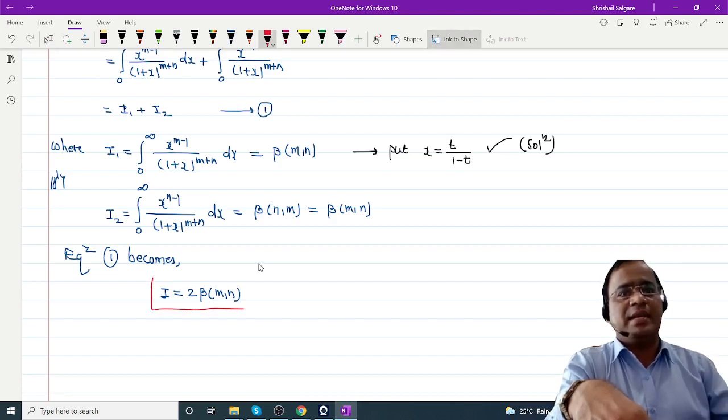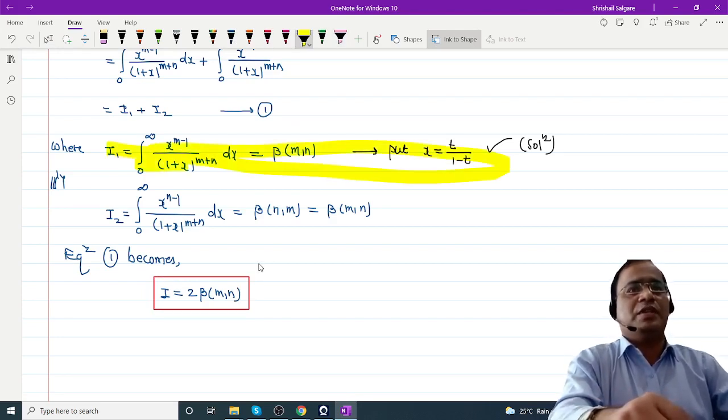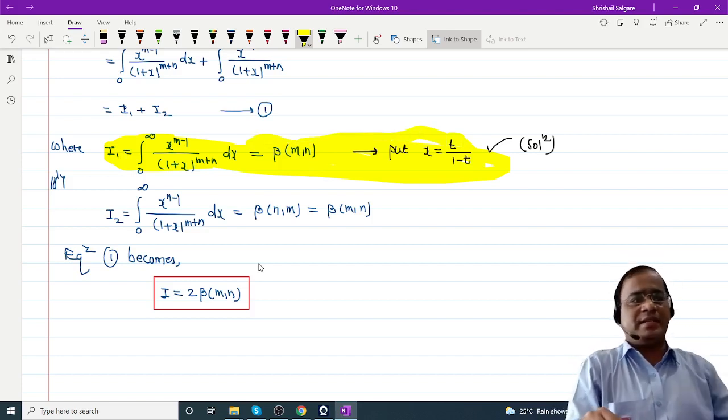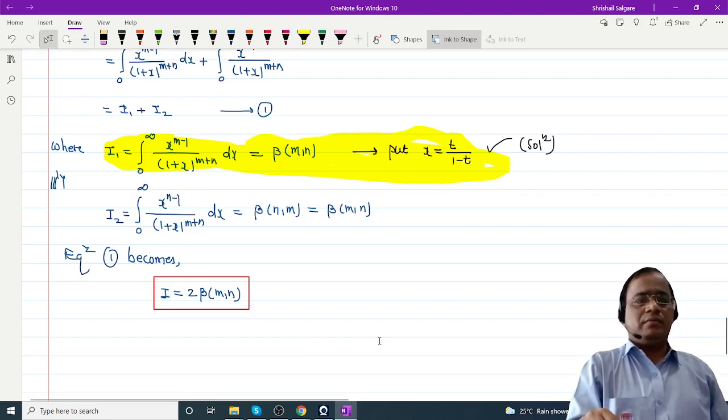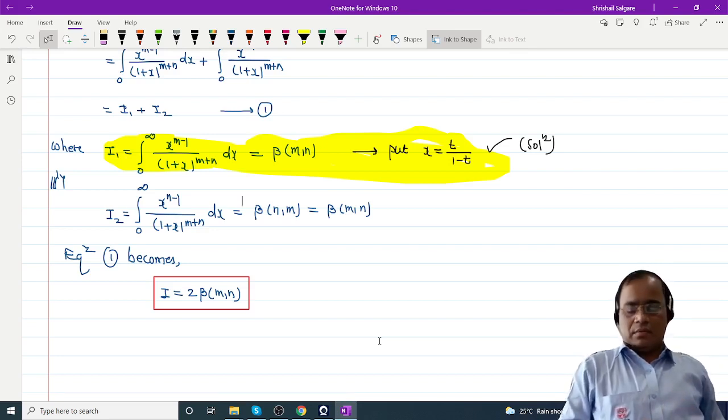So again, I am telling, suppose this example is asked for 7 to 8 marks, you have to write the solution for this integral. You have to prove this. The first integral you have to prove, and for the second integral you can proceed similarly by changing the role of m and n. The second integral can be evaluated as beta of m, n. Okay. So again, we have to discuss some more examples. Today I will try to complete the beta function.